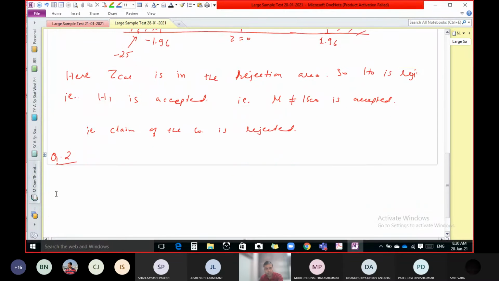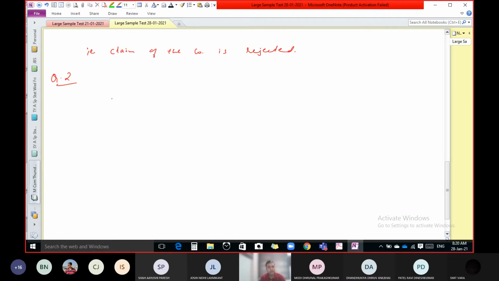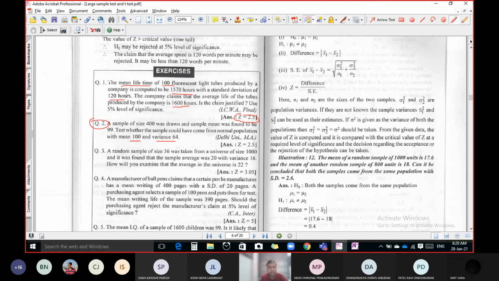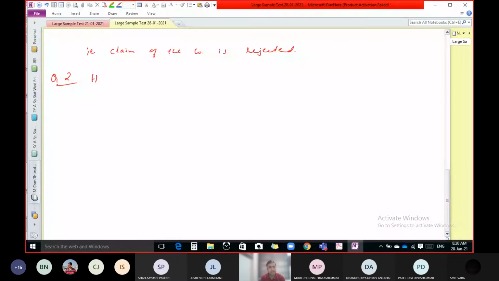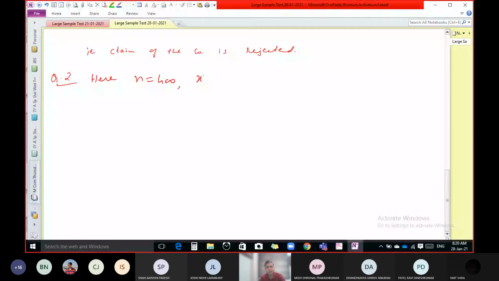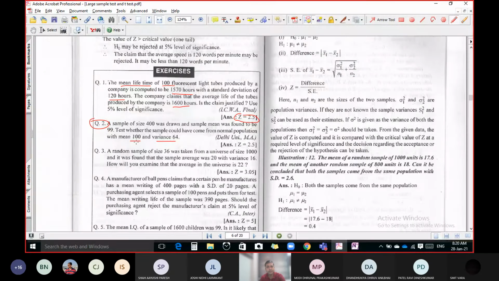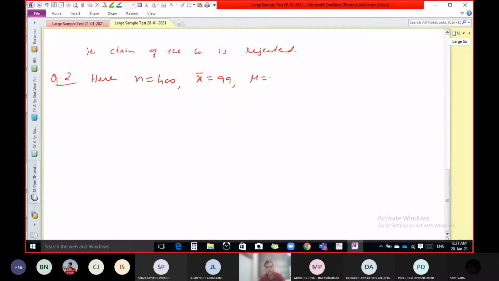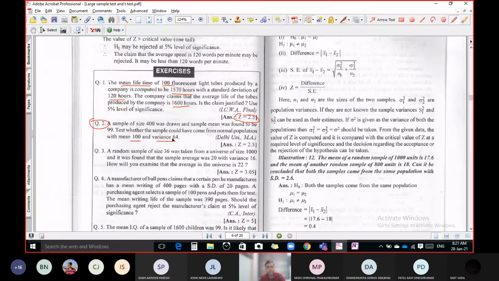First of all, tell me what is this 400? Small n. Small n is 400. Then this 99, x bar. Then this 100, mu, population mean, mu. And 64,